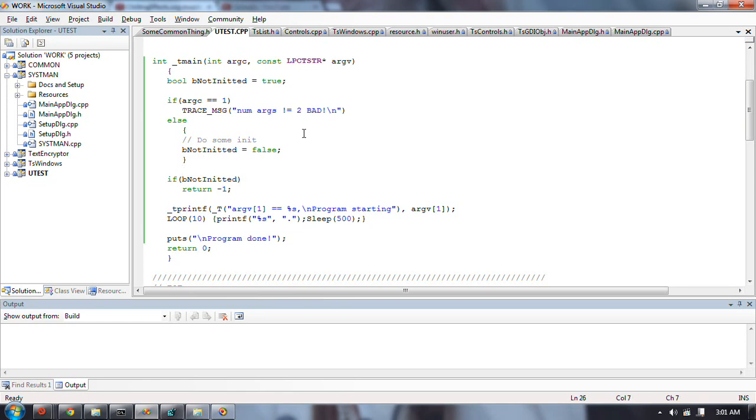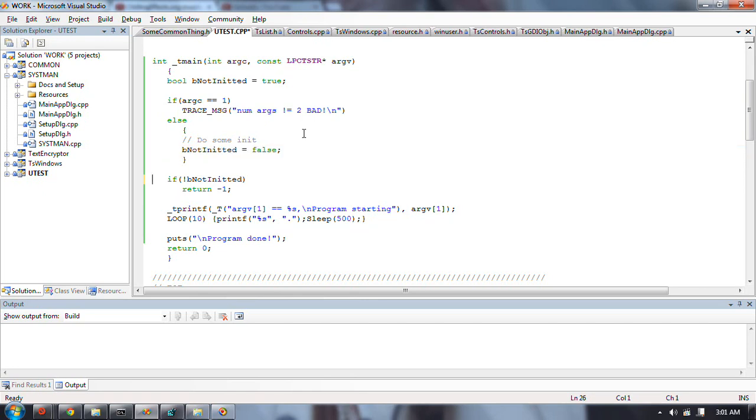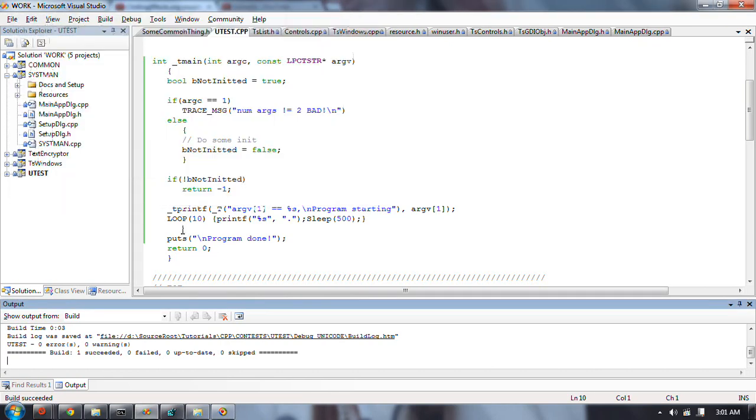I don't know what to call it. But when this gets entered, I want it to return. Okay. So whatever the meaning of this flag is, the point I'm trying to make here